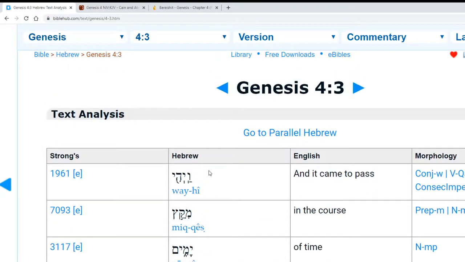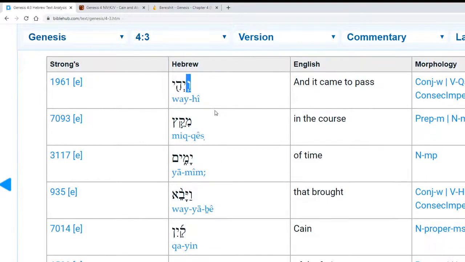Okay, so Vayehi, we've had that many times. The conjunctive vav, yehi, to be. Mi ketz, right? I think we had ketzeh before. Actually about a thorn or something. So again, the mem here really does sound like the prepositional mem, and the two letters that we can see are the qaf and the